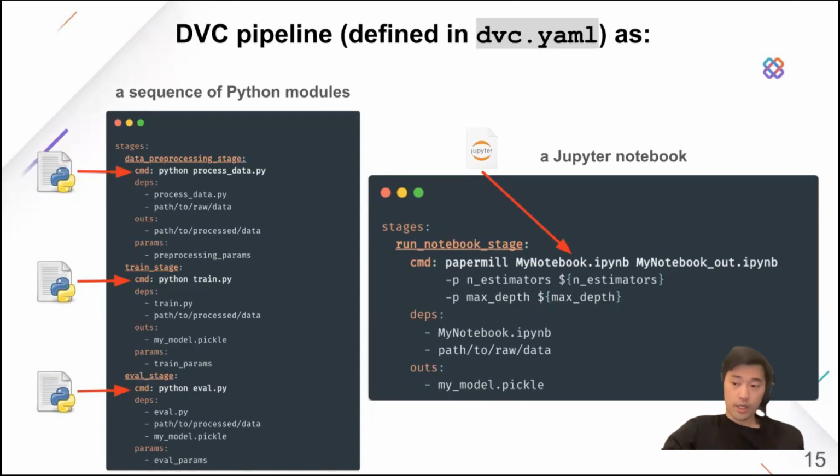There are 3 stages. Each stage has a command that needs to be executed from your terminal. You can see Python process data, Python train.py and eval.py. And then the rest of it in every stage is just defining what each stage depends on, so it can track the changes, and what it generates, whether it's an entire directory or individual file. Outputs of one stage can be inputs to any other number of stages. On the right-hand side,